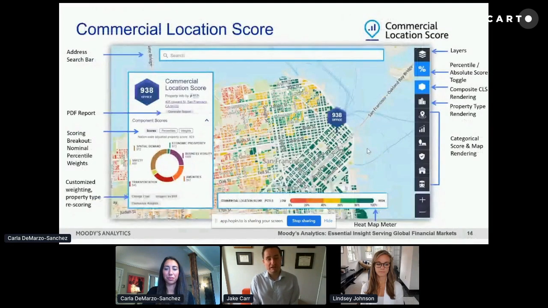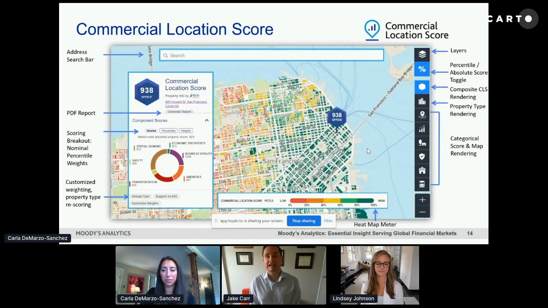If we zoom in, we can show an example map. And this is what our users are actually presented with when they log into our interface. We have to show a map. Of course, this is the CARTO conference, and we want to show off some of our hard work. What we're showing here is the spatial distribution of commercial location scores for the office segment in downtown San Francisco. If you're familiar with the San Francisco office market, then this distribution probably meets your prior expectations.